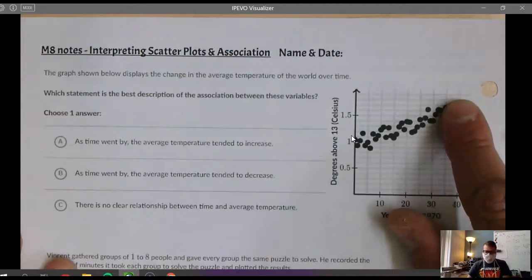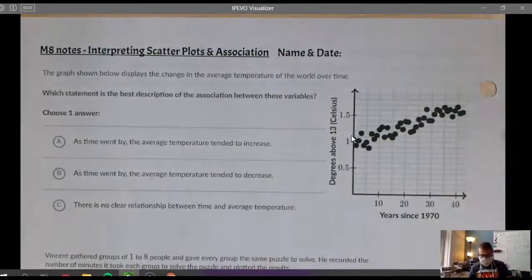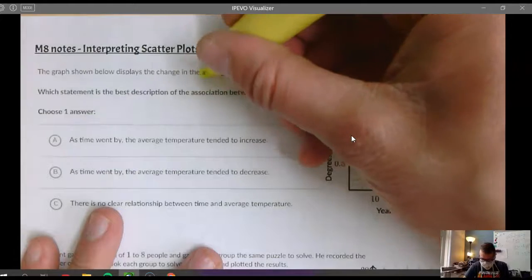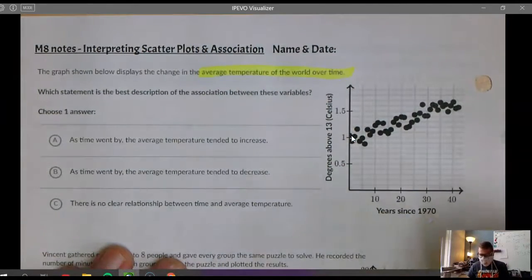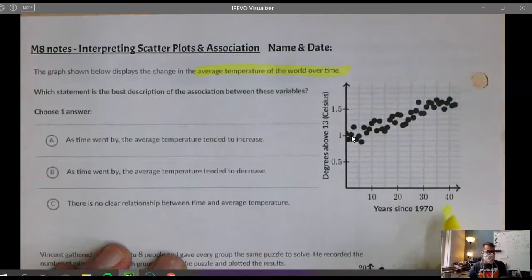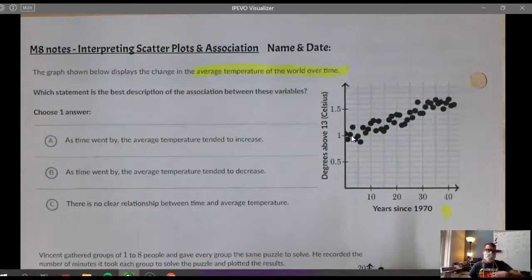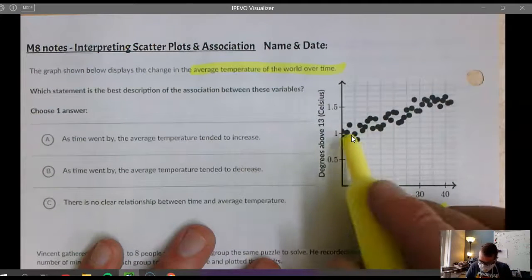This, as we see, based off our conversation from the front, is the average temperature of the world over time. So years since 1970, this would have been 2010, right? The last time that we had really solid data is every 10 years, when we collect and gather it. So now with 2020, we'll have the 2020 census. Some of your parents probably, hopefully all of your parents, filled out the census and told the government who lives where, because the community gets money based off how many people live there. But if we look at this,